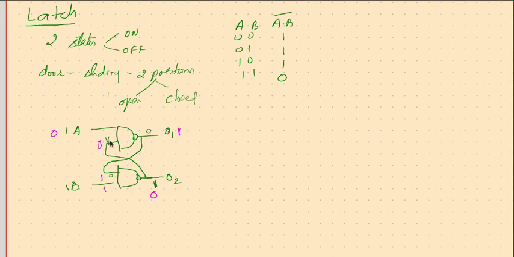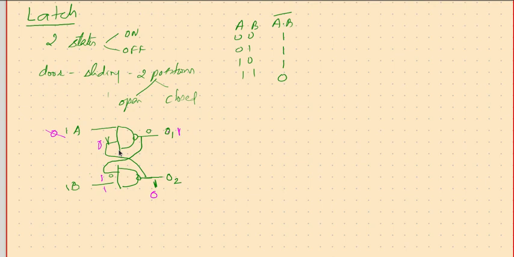So after this 0 comes back here, this 0 is no more required. Just this 0 is sufficient to keep this 1, so we can get it back to 1. Once we get it back to 1, what has happened is there was a 0 here, so that 0 comes here. That ensures this to be 1, and this 1 makes this point 1. This is 1, this was already 1, so 1 1 ensures this as 0. So now what has happened is this is 1, this is 0. Last time it was 0 here, a 1 here.